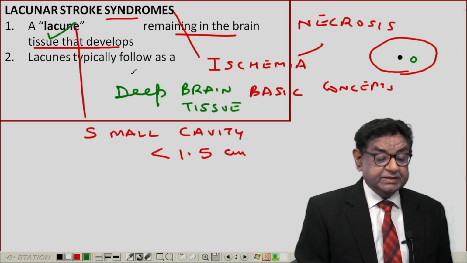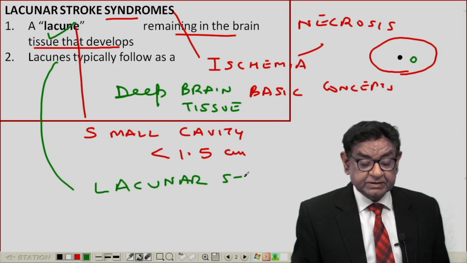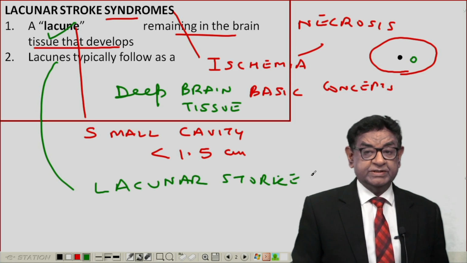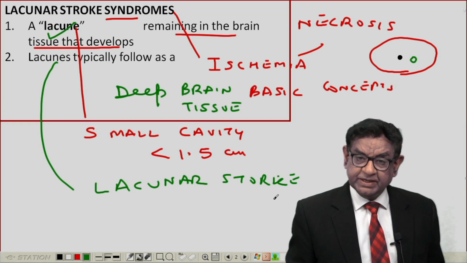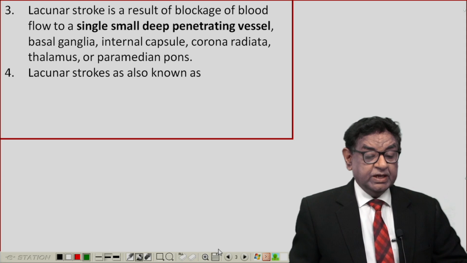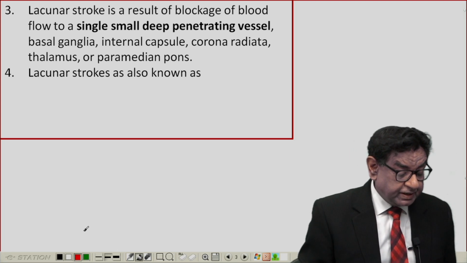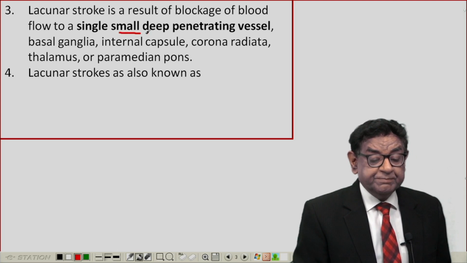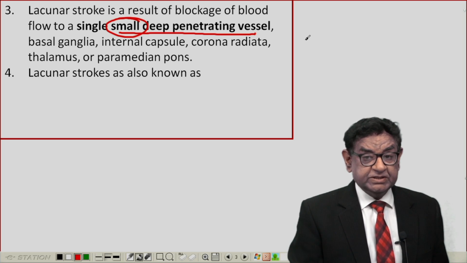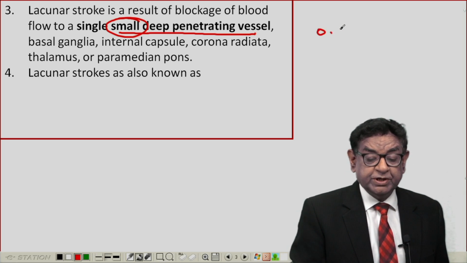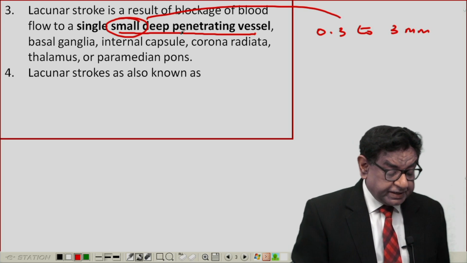And I remember, lacune typically follows lacunar stroke, which, as I told you, is always an ischemic stroke. So in a nutshell, removal of dead tissue after the ischemic stroke is how a lacune is produced. Now it results due to blockage of deep blood flow, I told you just now, of small penetrating vessels. Now what is the meaning of small vessel? These vessels are usually of the size 0.3 to 3 millimeter, and they are deep penetrating vessels, and